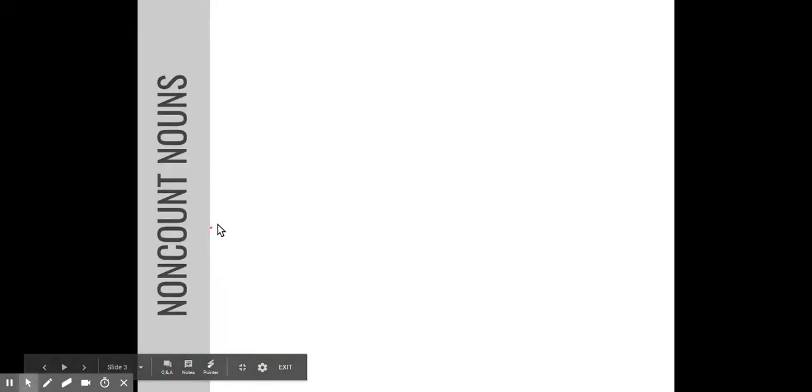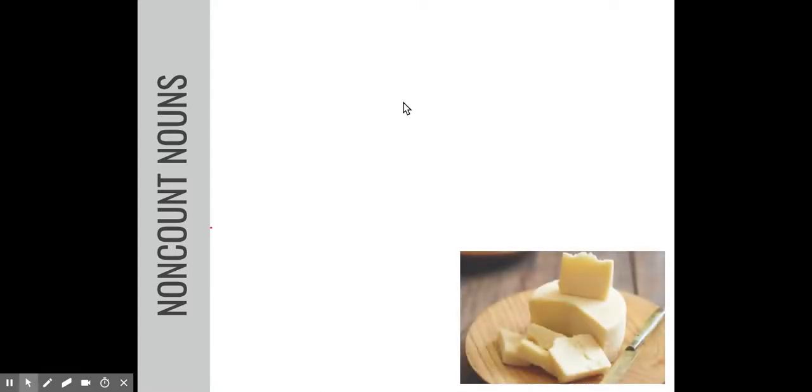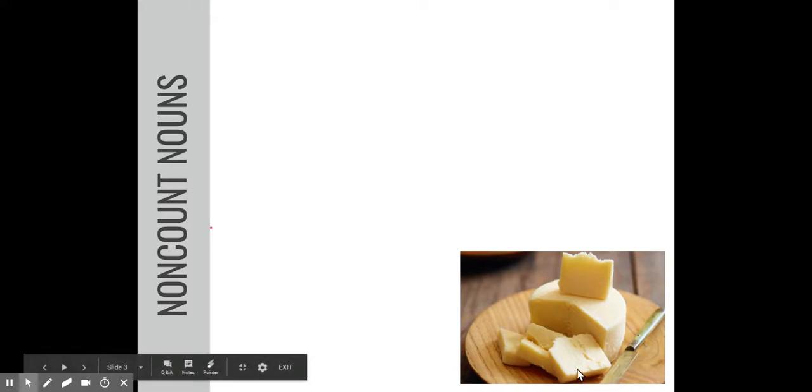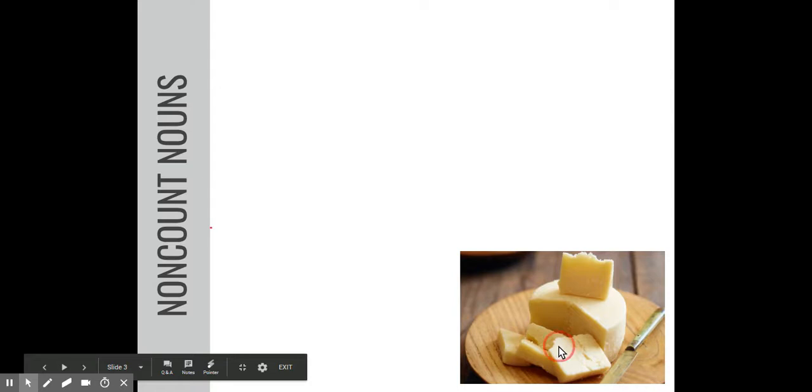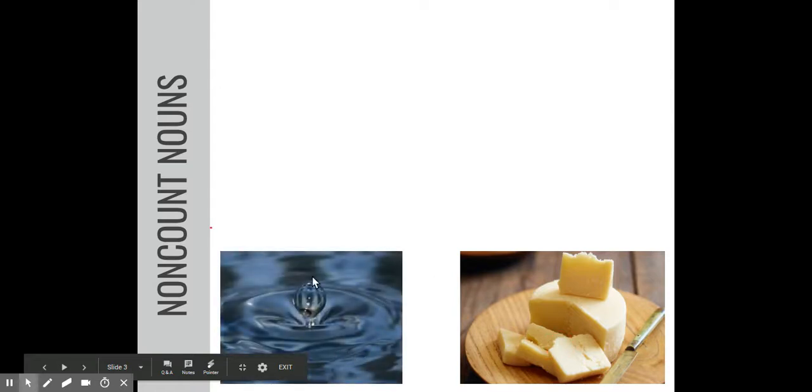Non-count nouns are going to be things that are difficult or impossible to count, right? So here we have 1, 2, 3, 4, 5, right? You'd think it was easy to count, but cheeses. So if I say 5 cheeses, it does not mean what we see in this picture, right? 5 cheeses actually means 5 different kinds of cheese. So how do we count this? Right? Or liquids,